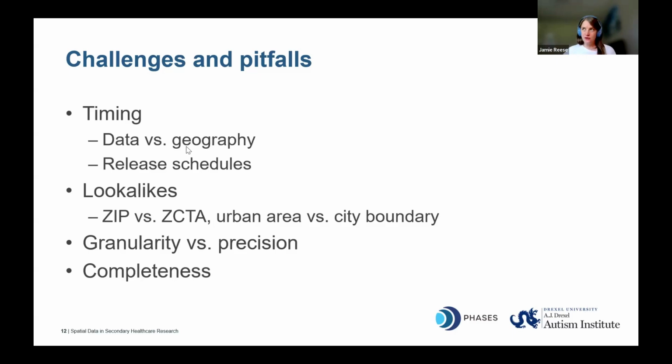And then finally, you'll have to account for completeness in your data, especially when we're working with healthcare data because of the sensitivity. For example, you might have two sources that have different suppression requirements, which is when you have to censor areas, as I mentioned before, where there's not enough people, so it would make it possible to trace back to an individual. If the requirements are different on two different data sets, then you might have more areas that have to be censored than either of the single data sets alone. So that can be a challenge.